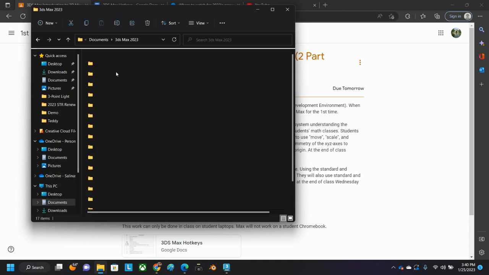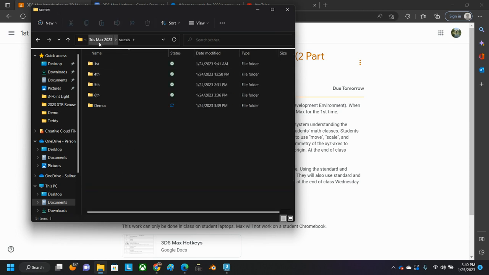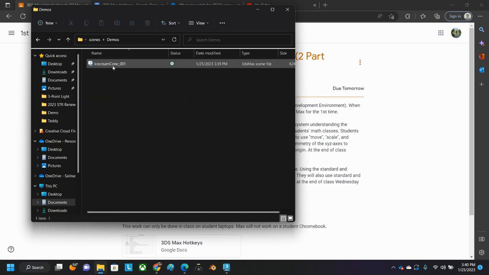And it's inside your 3DSMax folder, inside the scenes folder. So your path's going to be 3DSMax 2020 scenes, and then depending on what class you're in, that's where I've got my stuff. There's the latest one I just made, ice cream cone 001,